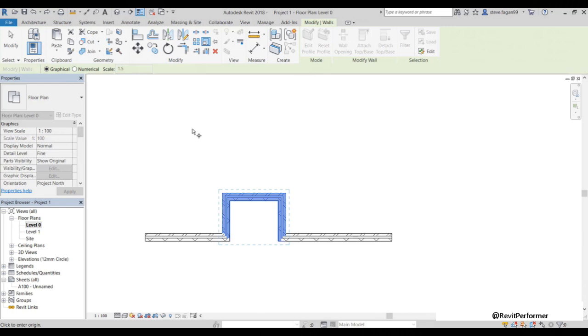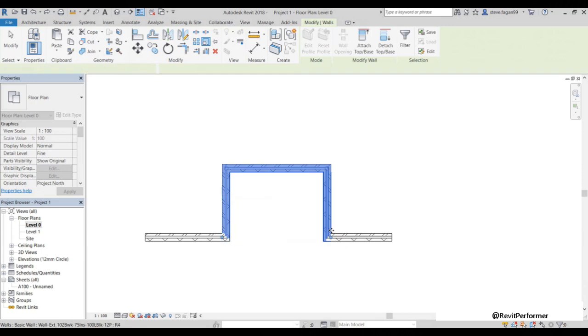The graphical scaling requires 3 clicks. The first click determines the origin, and the next 2 clicks define the scale vectors. So I want to increase the size of this opening in the wall. I'm going to first click here to determine my origin. Next I'll click again, and you'll notice that the wall will start to expand out. Given that final third click, which is my finish point, you'll notice that the wall has increased in opening size.